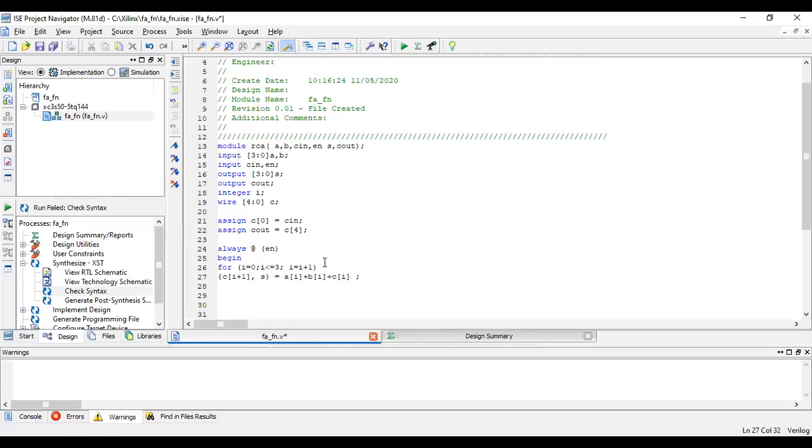What does that mean? This means I will add A of 0 plus B of 0 plus C of 0. C of 0 is my input carry, and I will generate the output C of 1 and sum of 0. Right? This is for the first step. If you write it for the next step,